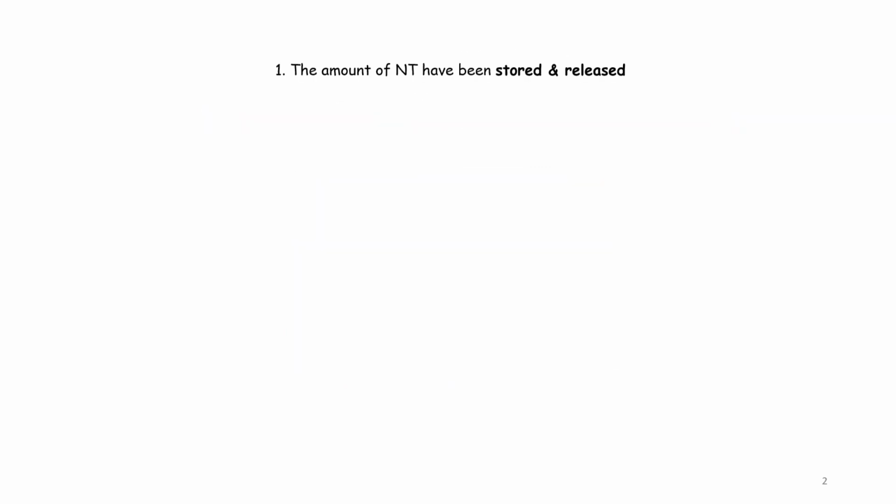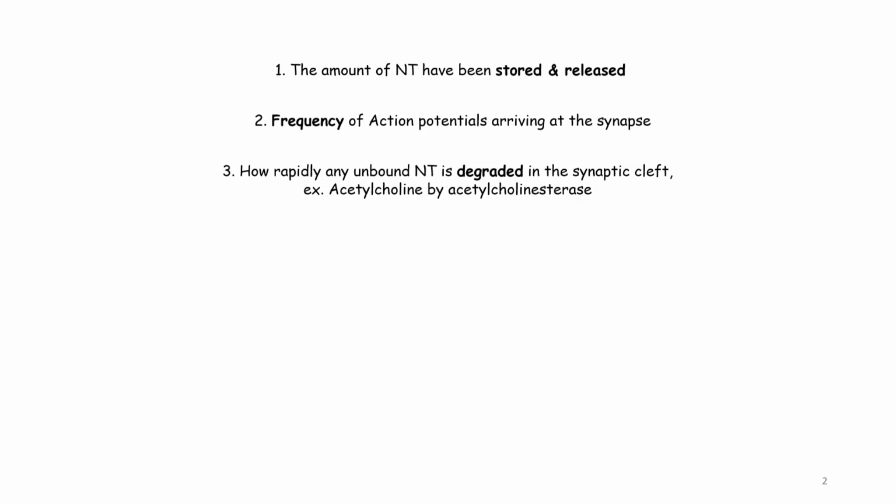signal. The first factor is the amount of neurotransmitter that has been stored and released by the presynaptic neuron. The second is the frequency of action potentials arriving at the synapse. Now, frequency means how many times an action potential, or repetitive firing of action potentials, arrives at the synapse. Now, if the number of action potentials increases, what will happen? The amount of neurotransmitter released by the presynaptic neuron also increases, and that also increases the duration of the signaling. The third factor is how rapidly any unbound